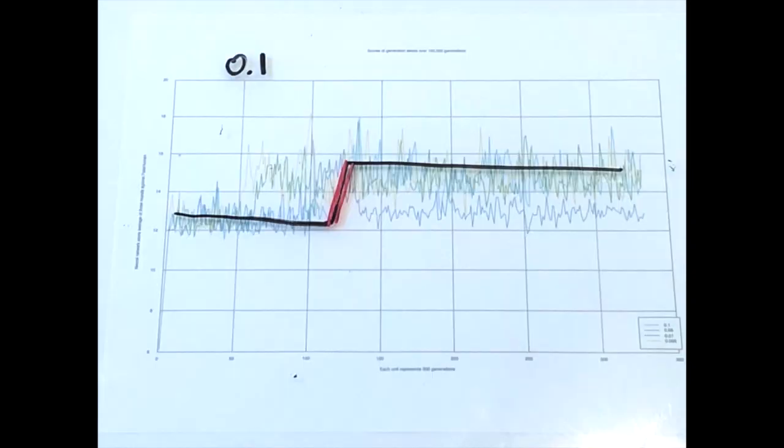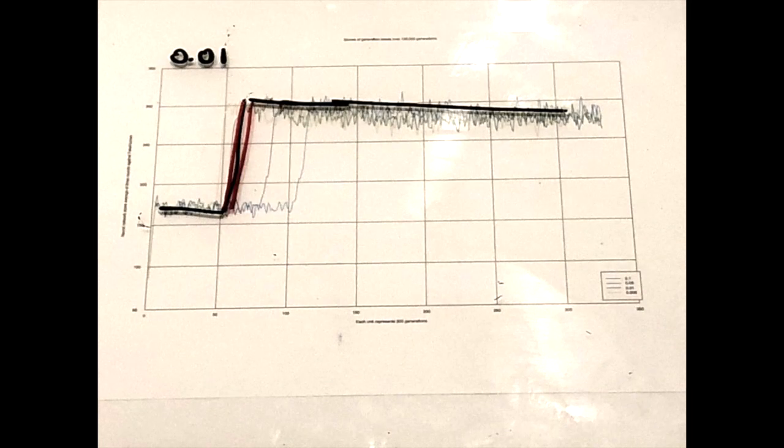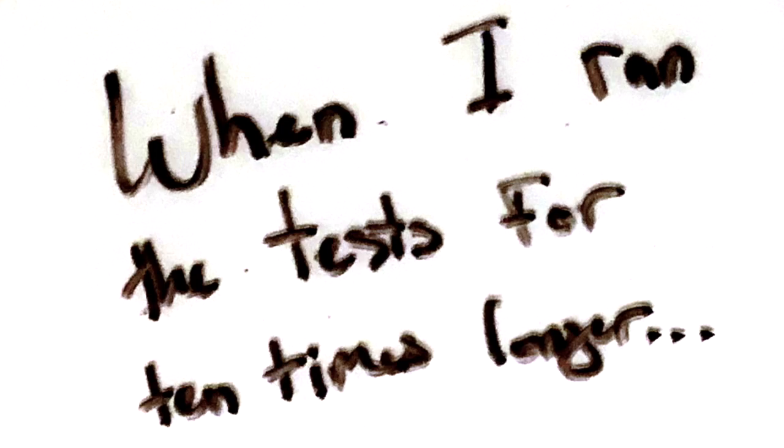Every trend line exhibited step-like behavior. Interestingly, the trends stepped in order from least to greatest values for I. Then I wondered, what would happen if I ranked the neural networks in a generation solely by their competency against fake human? I graphed the results and noticed the same stepping pattern. Additionally, identical tests run for 10 times as long yielded the same pattern.